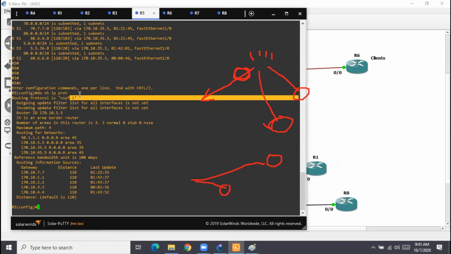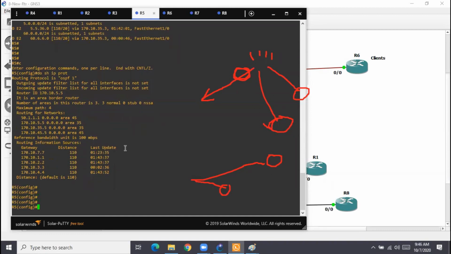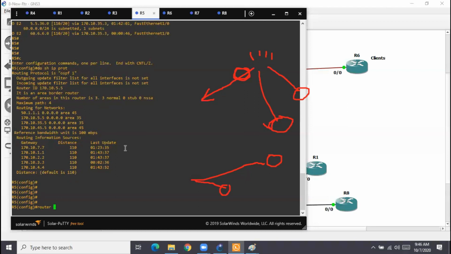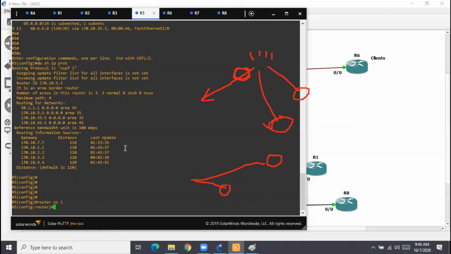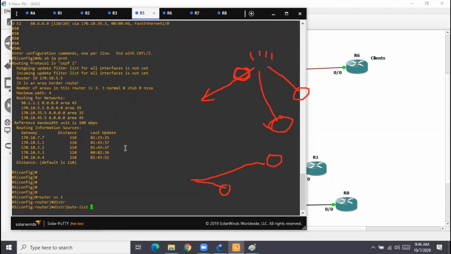My requirement is that R5 should not get the route. The R5 admin does not want this route. So better always check: router OSPF 1, distribute list is there.